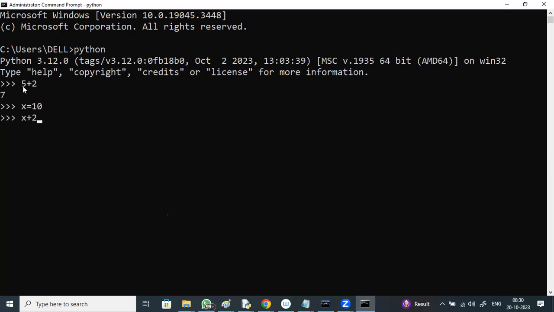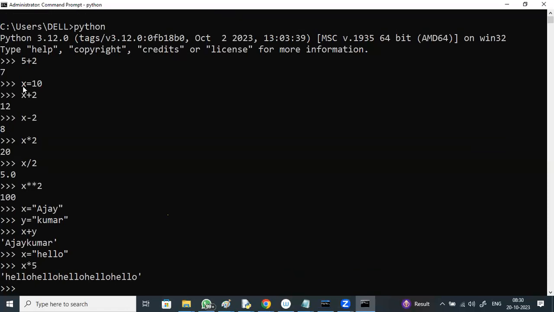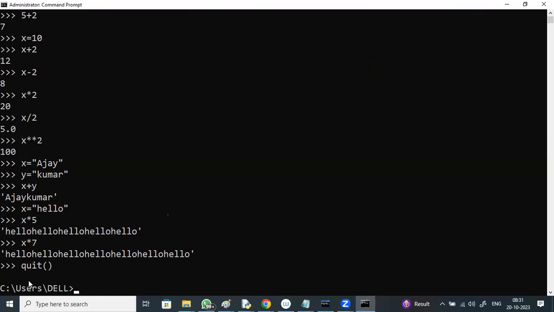What is x plus 2? x minus 2, x into 2, x by 2, x to the power of 2, 10 square. x equal to any name, y equal to Kumar. x plus y gives Ajay Kumar, right? x equal to hello. x into 5 gives hello five times. x into 7 gives hello seven times. In this way, any valid Python statements you can type, and it's working. Python is installed properly, right? Quit to come out of this.